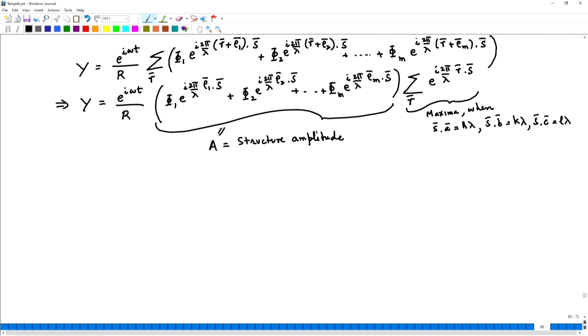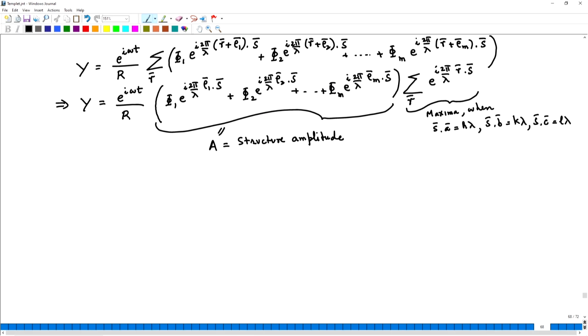Why this name, structure amplitude? Because this has information regarding the structure of the crystal, that is, what atoms are present and their locations inside the unit cell. So, this term is now limited only to the atoms that are located in the unit cell. Now, let me write this structure amplitude